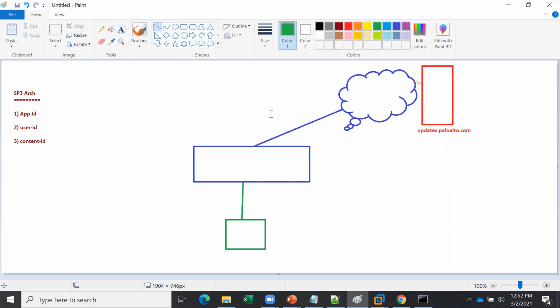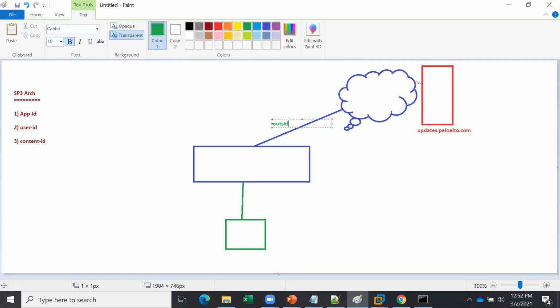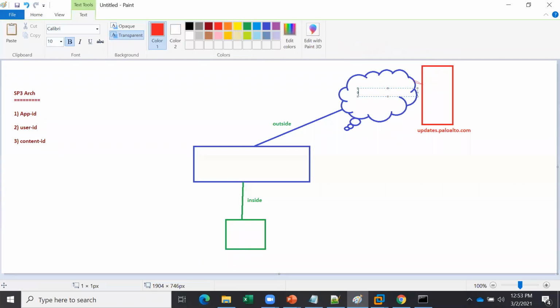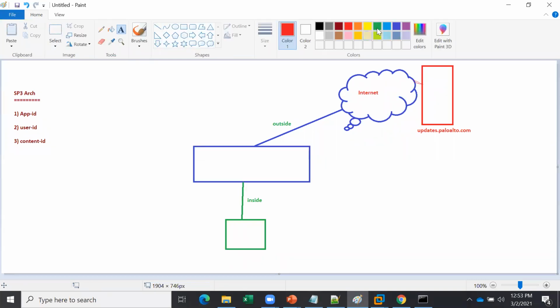In the firewall, we know that this is our outside zone, and this is our inside zone. Inside to outside, obviously Palo Alto blocks everything, any zone to any zone traffic is blocked. So if you want to allow it, you need a policy, right? That we clearly know.